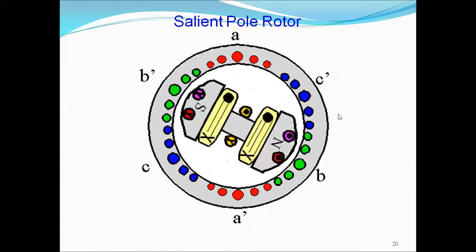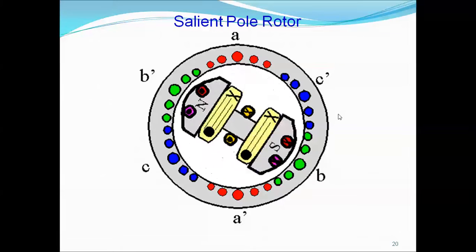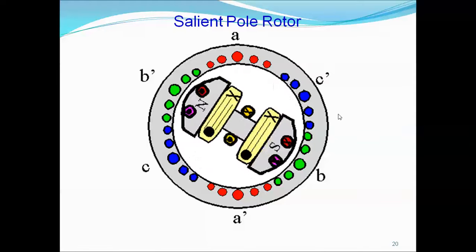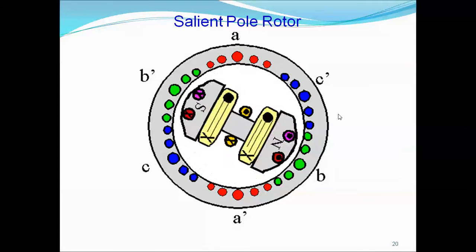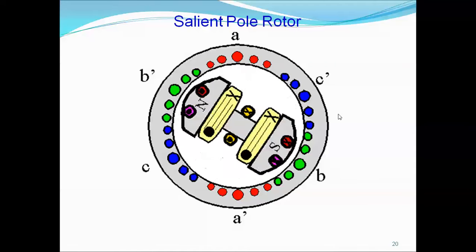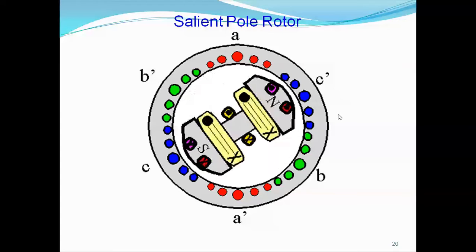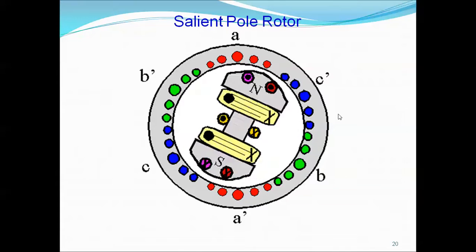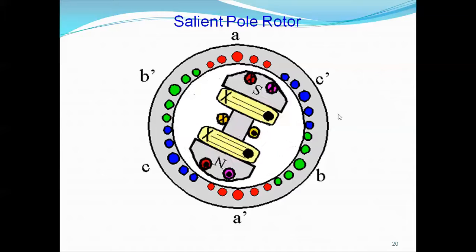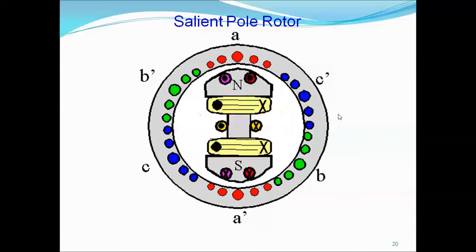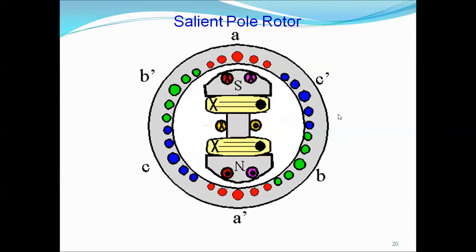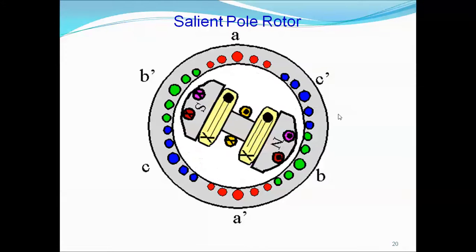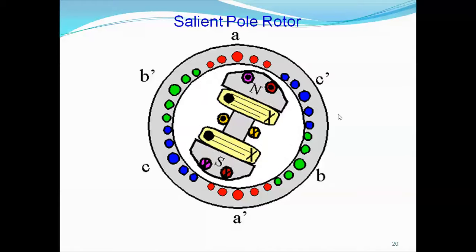So why is the salient pole used? The salient pole has large diameter and short axial length. And next, what are the features of the salient pole? Poles are laminated. Tell me why? To reduce the eddy current losses. Salient poles are used for hydraulic turbines and diesel engines. The pole shoe covers about 2/3 of the pole pitch. They are designed like that. Salient pole.